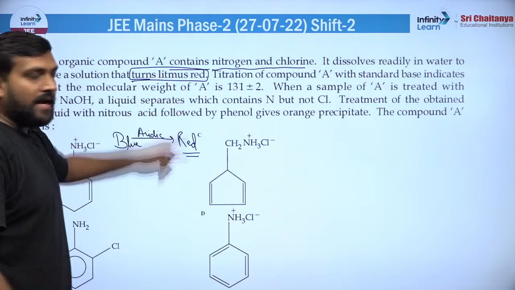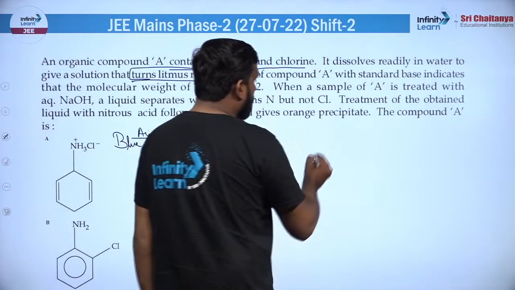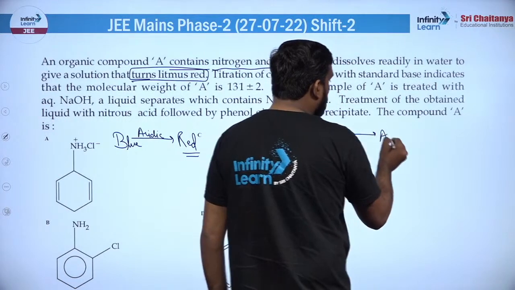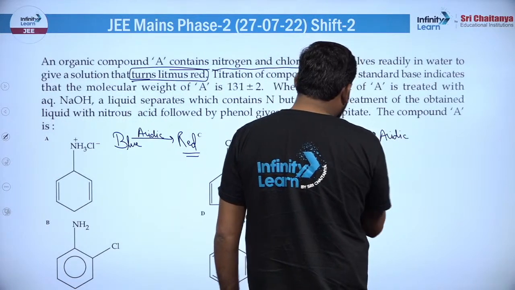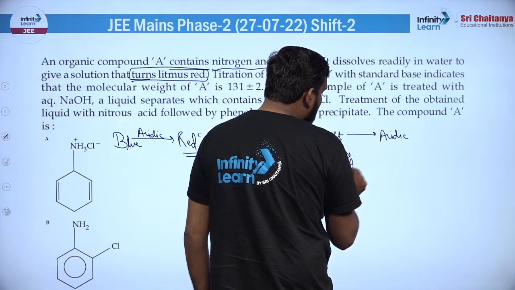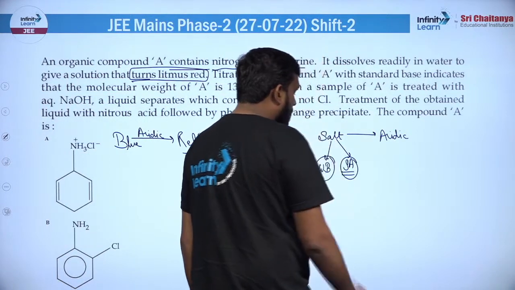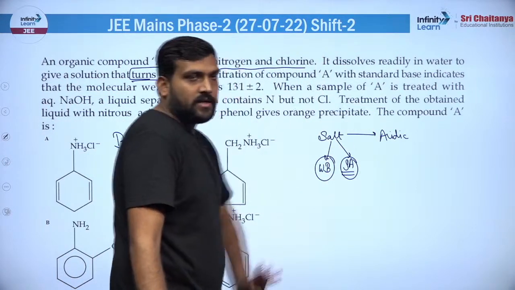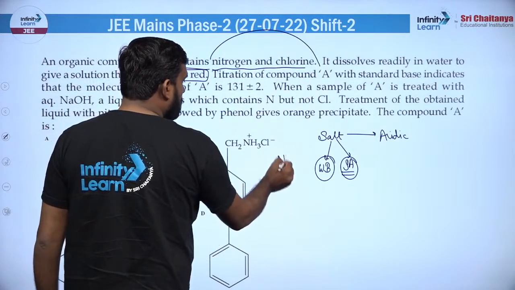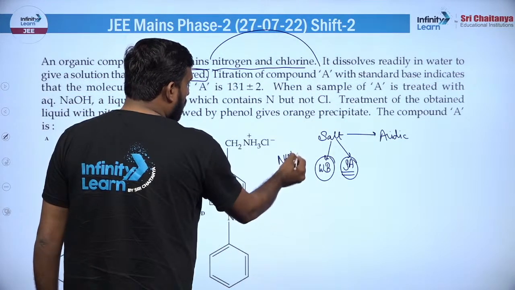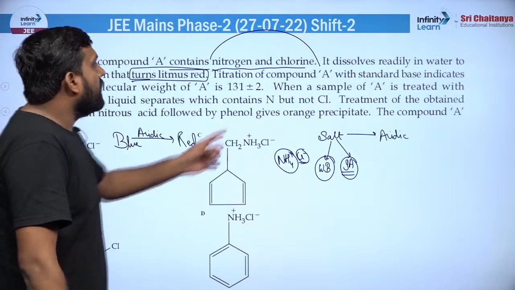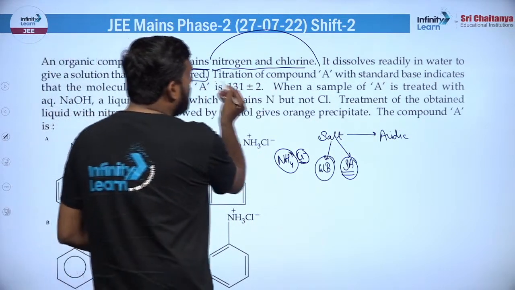मतलब ये तो पता चल गया कि बेसिकली जो भी सोल्यूशन आपने लिया है उसको जब आप पानी में डालते हो, ठीक है, तो देखो ये सॉल्ट है एक्चुअली, ठीक है। सॉल्ट को जब आप पानी में डाल रहे हो तो जो सोल्यूशन हो रहा है वो एसिडिक हो जा रहा है, ठीक है। यानी अगर इस सॉल्ट की बात करें तो सॉल्ट जो बना होगा वो वीक बेस और स्ट्रॉन्ग एसिड से बना होगा, ठीक है। ये लॉजिक यहां पे यूज करना था, ठीक है। तो वीक बेस और स्ट्रॉन्ग एसिड का सोल्यूशन है, ये क्लियर हो गया। और नाइट्रोजन और क्लोरीन भी है, यानी कि इसका मतलब कुछ ना कुछ इस तरीके का कॉम्बिनेशन जरूर होगा, NH4 प्लस Cl- का, क्योंकि ये वीक जाएगा, ये स्ट्रॉन्ग जाएगा, कुछ इस तरीके का कॉम्बिनेशन लग रहा है, ठीक है। इट डिसॉल्व्स रेडली।